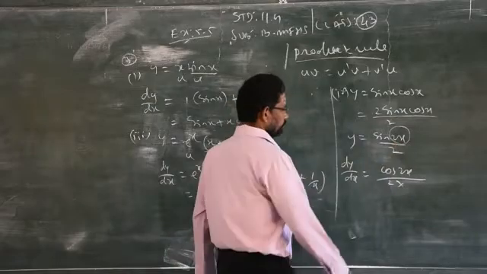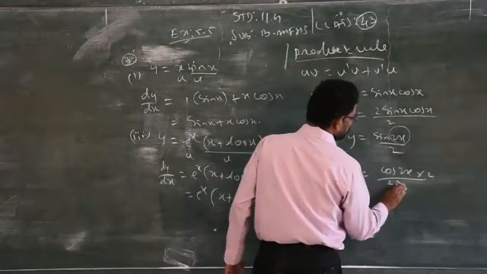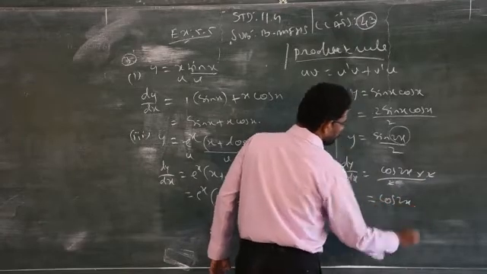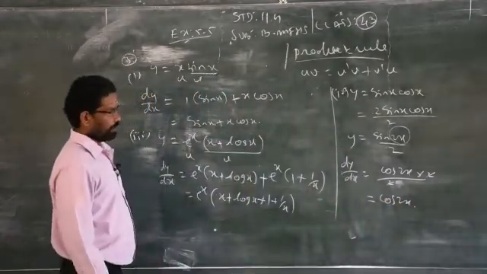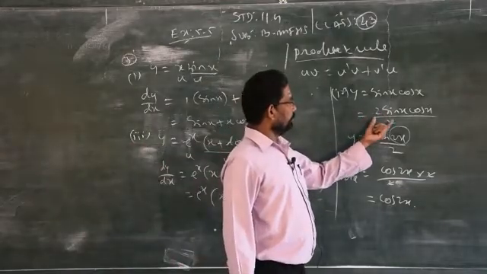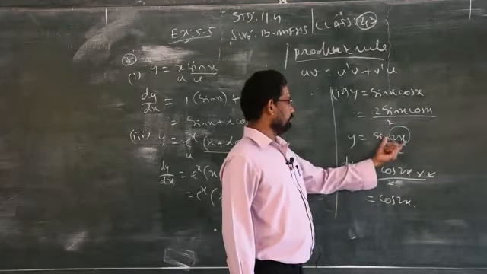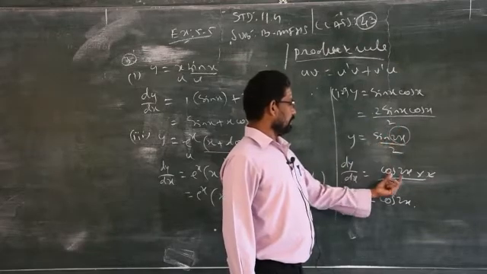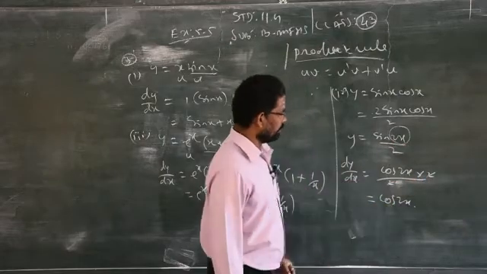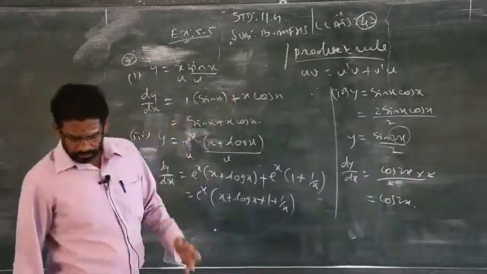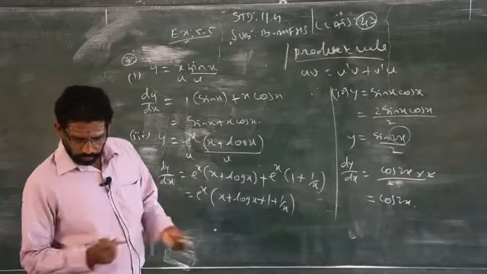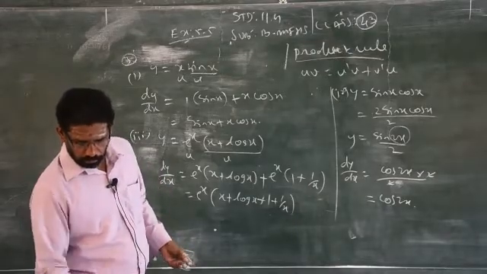The differentiation of 2x is what? 2. Clear? So, the 2 gets cancelled. The answer is cos 2x. Clear? So, you just have to multiply and divide by 2 to bring in the ratio format sin 2x. The differentiation of sin 2x is cos 2x, then the differentiation of 2x is 2. So, the 2 gets cancelled. You get only cos 2x. The remaining one problem you will take as homework. Clear? So, the homework I gave is sum number 2 and 5.